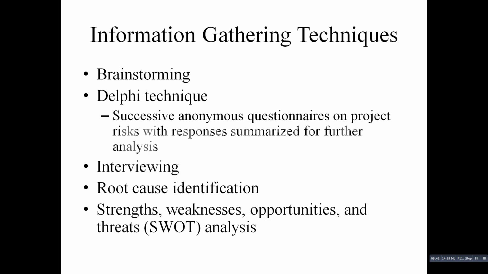So there are several tools and techniques for identifying risk. Project teams often begin this process by reviewing project documentation, recent and historical information related to the organization and assumptions that might affect the project. The project team members and outside experts often hold meetings to discuss this information and ask the important questions about all these things related to the risk. There are four common techniques which include brainstorming, Delphi technique, interviewing and root cause analysis, which consists of SWOT analysis.